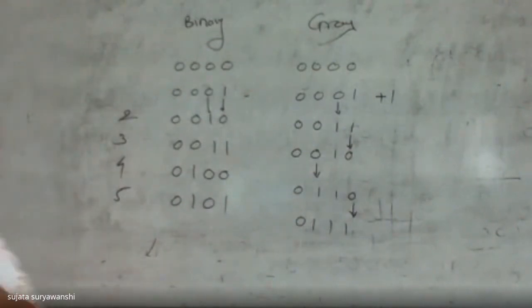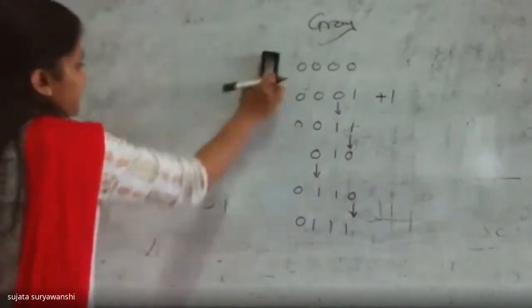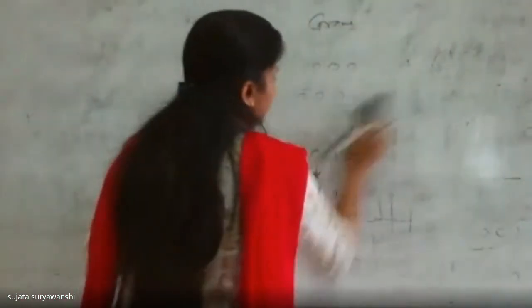Okay. So this is the concept, and one more property of gray code is that it is a cyclic code. It is also called the reflexive code. Then we'll see the conversion from gray to binary and binary to gray. You can easily convert any binary number into a gray number. So we'll see first